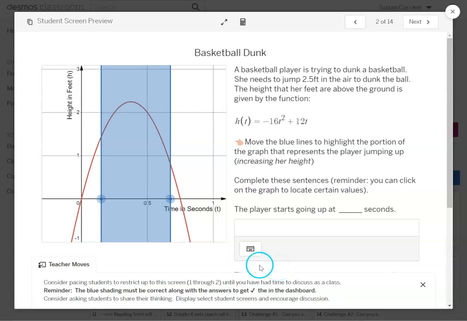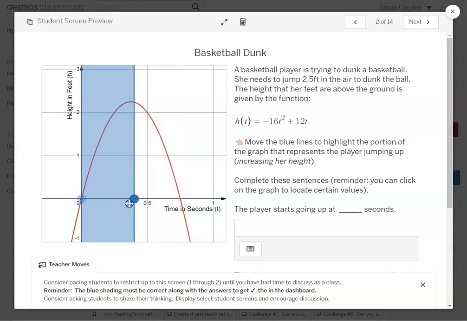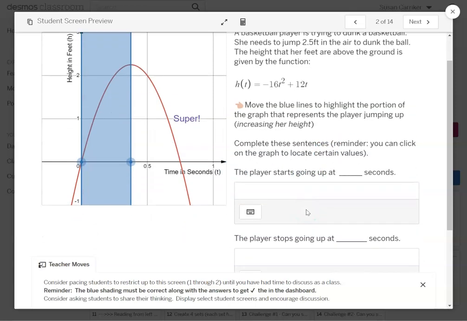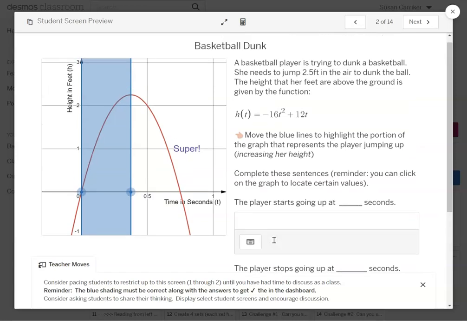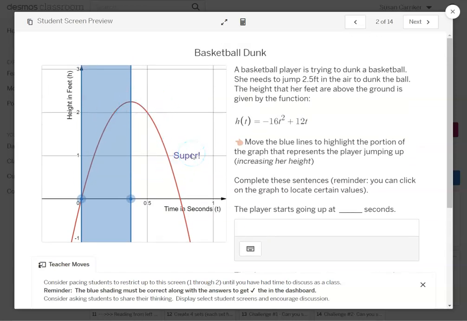So on screen 2, we're looking at an interval of increase, and they're going to use these sliders to kind of help them. One thing I like is that these will not go past the domain of the function, so that kind of limits them. And see, when they do this correctly, it does say super, so that they know that they got that part right. But then they still need to answer the questions. The player starts going up when, at how many seconds, and then they stop going up when. So that would be something that they'll need to do. Also,